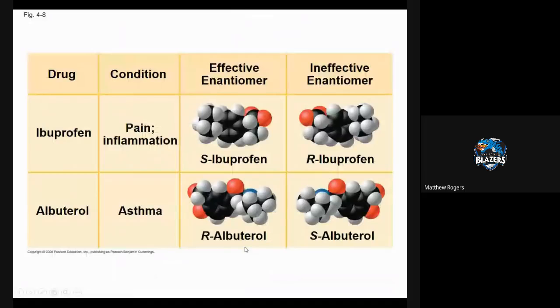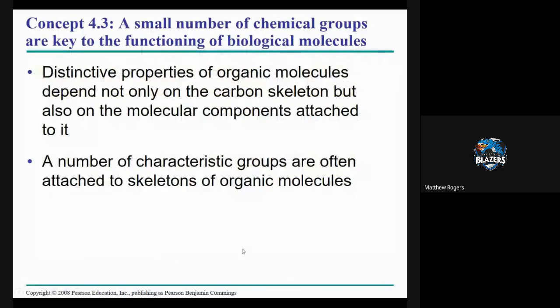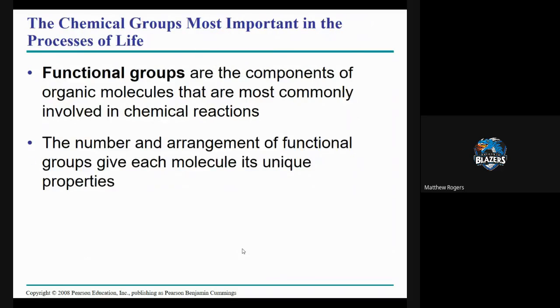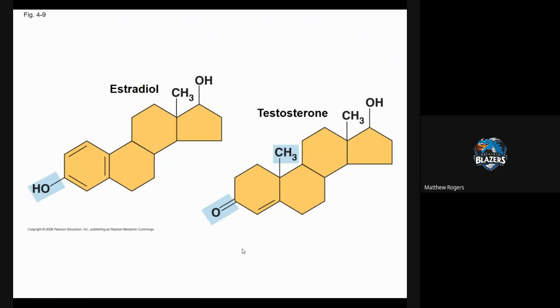Oh, going backwards, sorry. We have the backbone of carbons. Now we can connect things to those backbones of carbons. And these are called functional groups. There are hundreds of functional groups, but there's a set ones that we're going to learn in this class. And each functional group is slightly different. It has different properties, and it changes the molecule and makes it unique. So, for example,